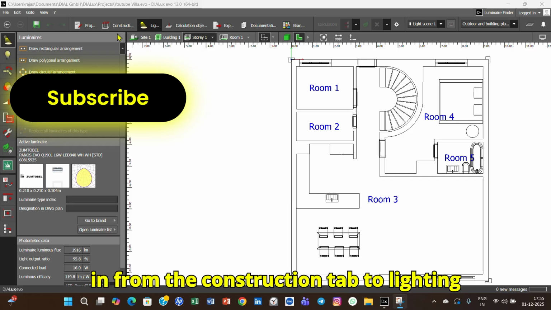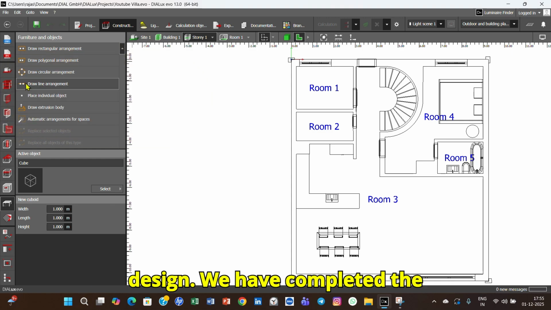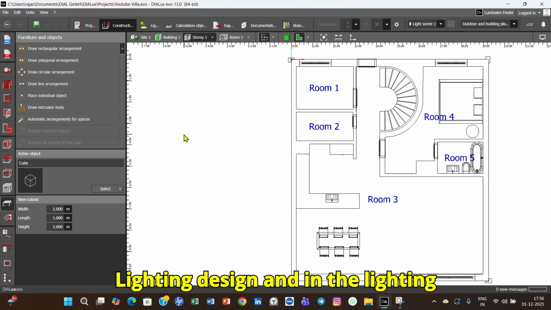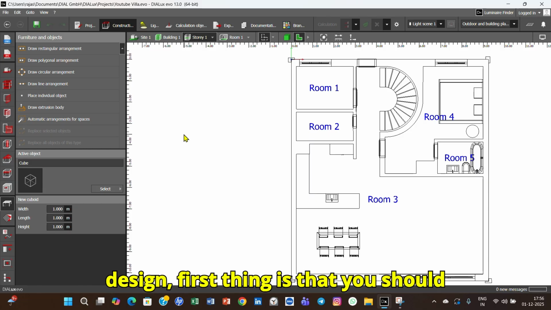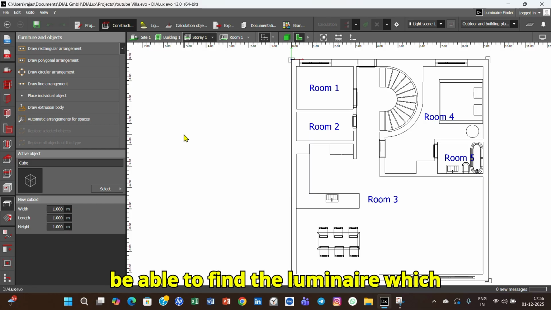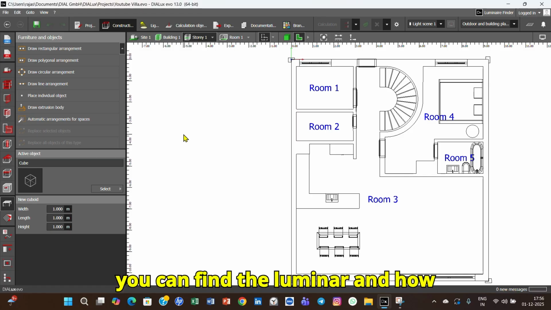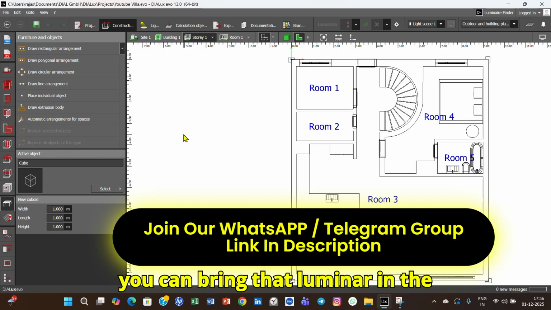Now we are moving from the construction tab to lighting design. We have completed the construction. Now we can move to the lighting design, and in the lighting design, the first thing is that you should be able to find the luminaire which you want in your house. So I will first discuss how you can find the luminaire and how you can bring that luminaire